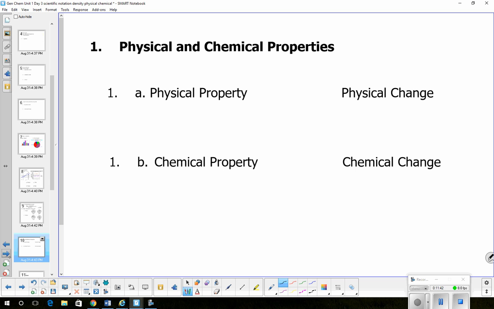Okay, now we've got physical and chemical that we need to talk about. And this lecture sort of jumps around a little bit. When I'm talking about physical and chemical, what I want to talk about is how do I tell the difference? Because I'm going to be giving you scenarios, and you're going to need to tell me: it's a physical property. No, it's a physical change. No, it's a chemical property. No, it's a chemical change. So physical property would be color,